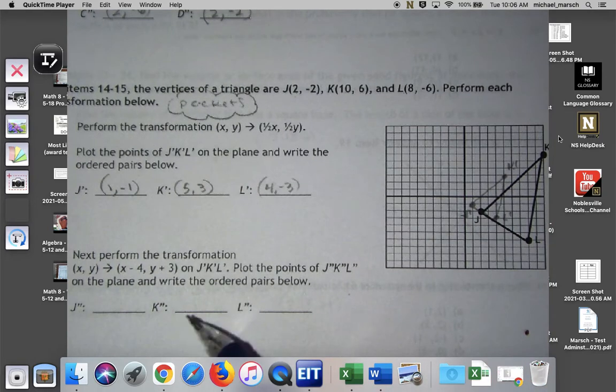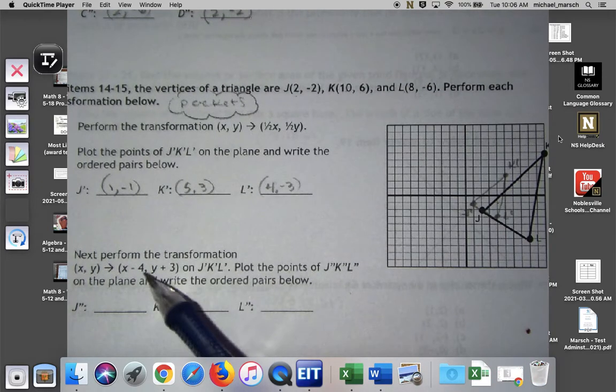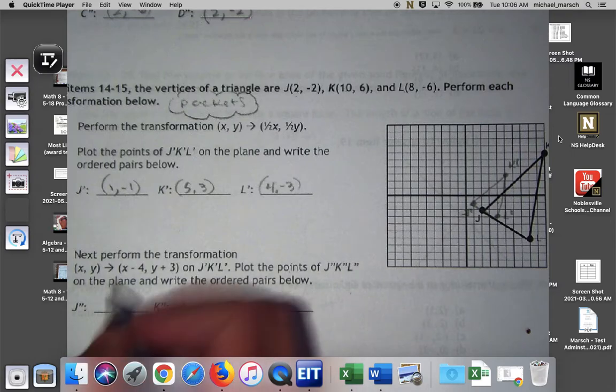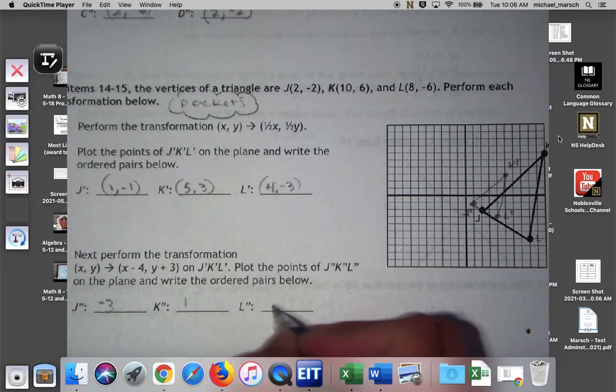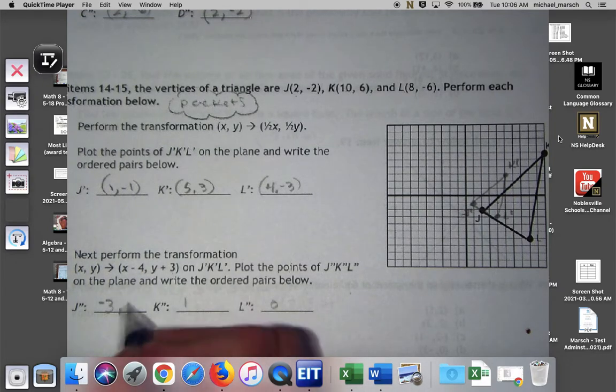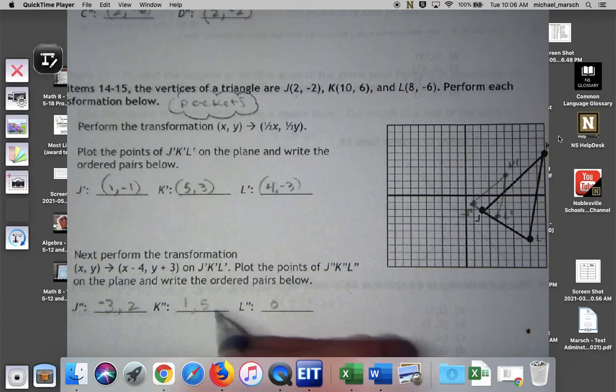Now I'm going to transform it, and I'm going to do a translation where I'm going to subtract 4. We'll move to the left and up. So I'm going to subtract 4 from each x value. So I'm going to get -3, 1, and 0. And then I'm going to add 3 to each y value. So I'm going to get 2, 5,